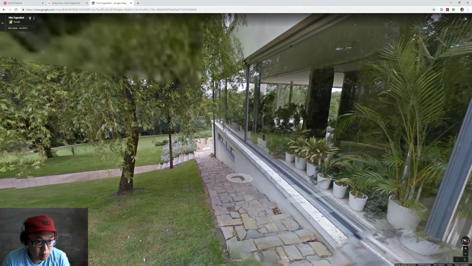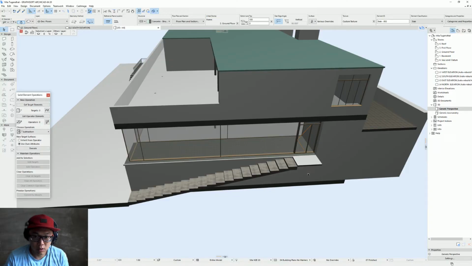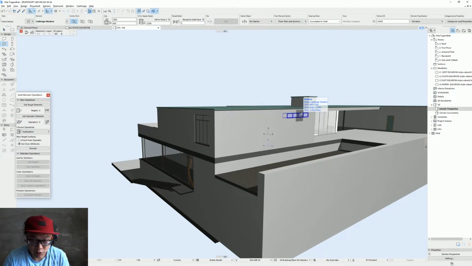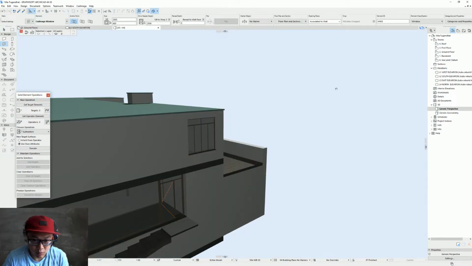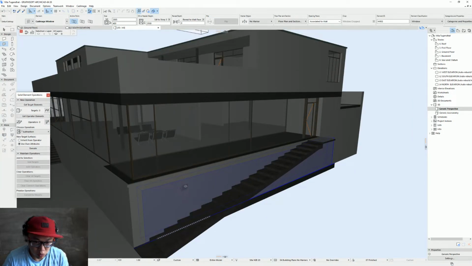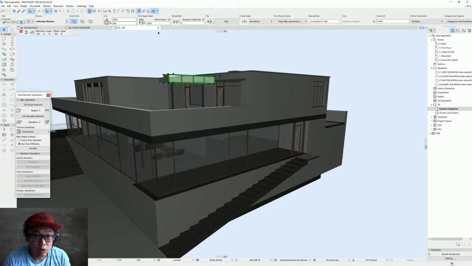Okay, now we have a window there, and it's the same window as this, so I can just press Alt to absorb the properties and just go on the wall where it should be. It didn't create. It's still on the top here, so what we can do is relink,